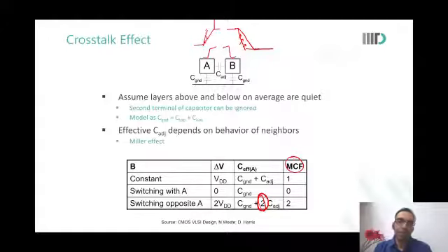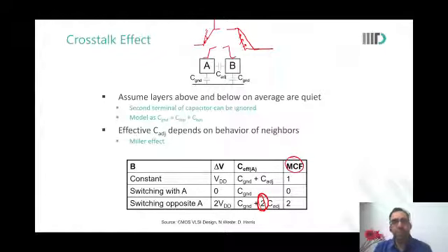So this Miller capacitance factor is something that you should be aware of when you route wires, when you lay wires next to each other. So if you know that there are two signals which are bound to go in opposite directions, you better space them apart so that C adjacent reduces. But if there are wires which will typically run together in parallel, you can keep them close also.